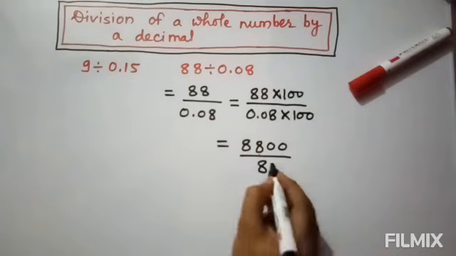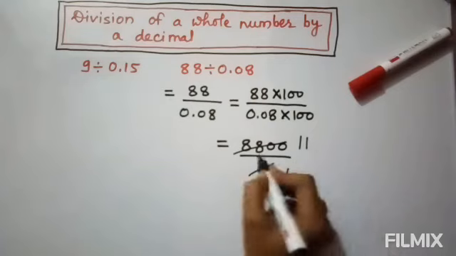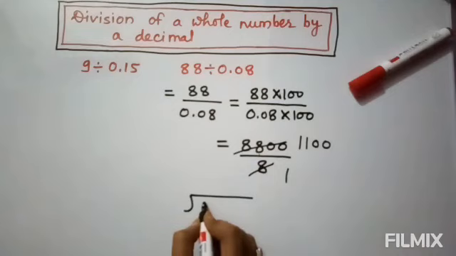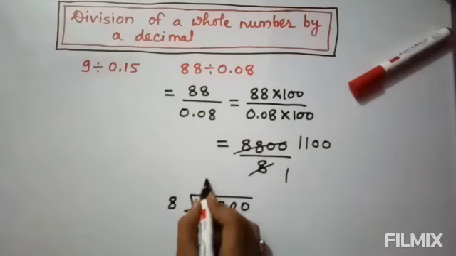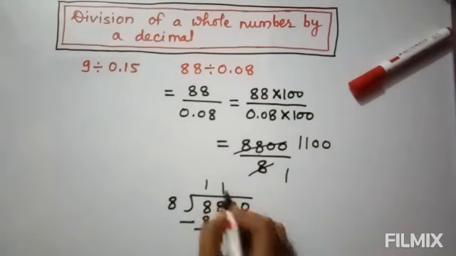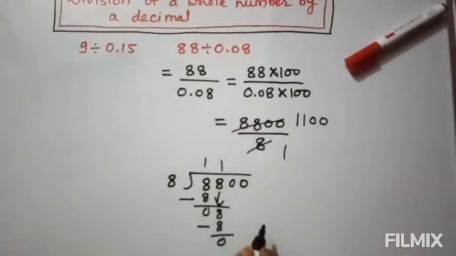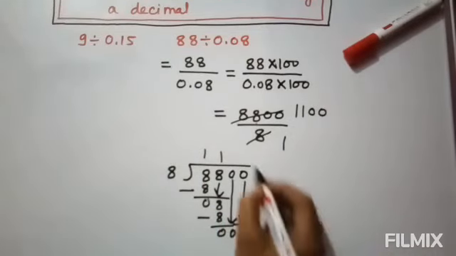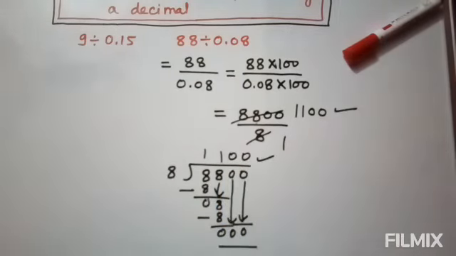Now let's divide this number. 8 1 ja 8, 8 1 ja 8, 8 1 ja 8, and 2 0 0 will be in the answer. You can solve it like this also if you are not able to solve directly. 8 1 ja 8, subtract, 8 1 ja 8, subtract, 0 and 0 will come in the quotient directly. So you have the same answer in both manners.